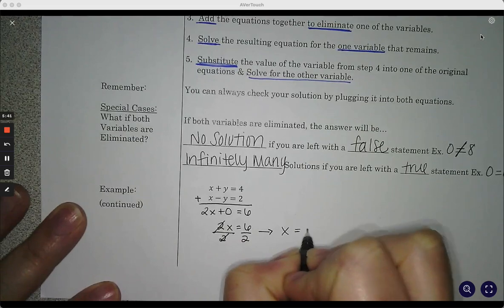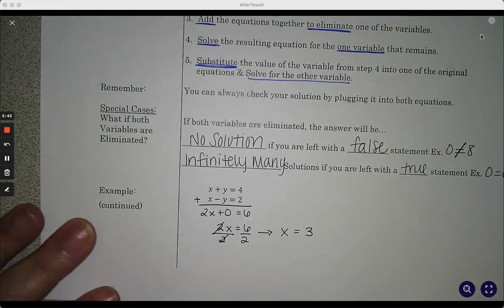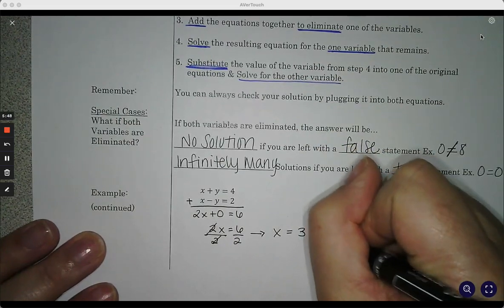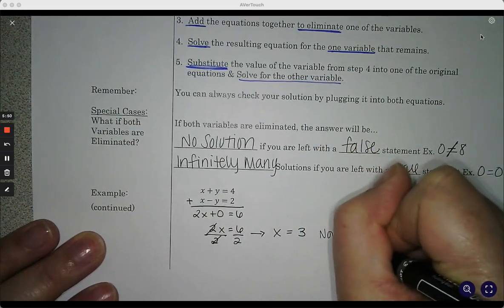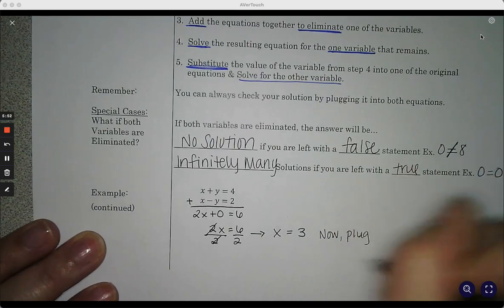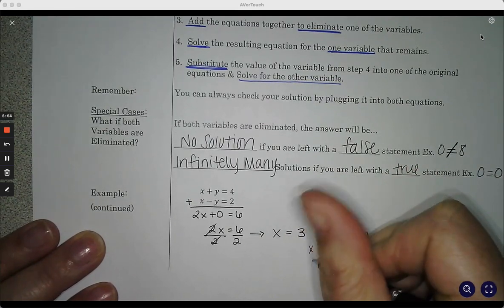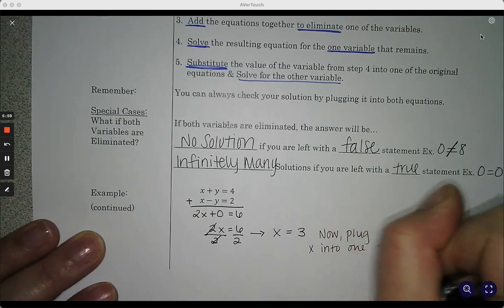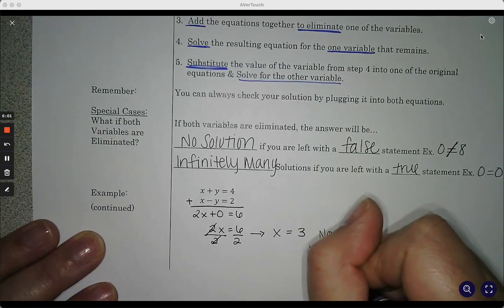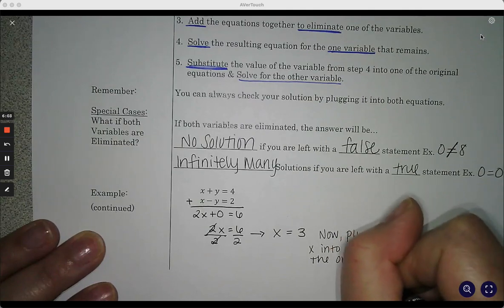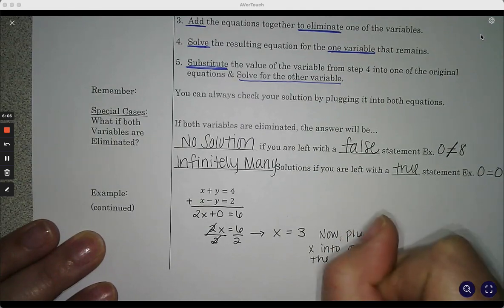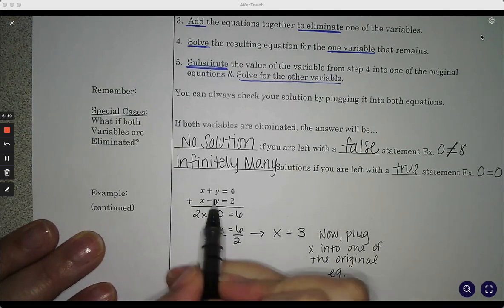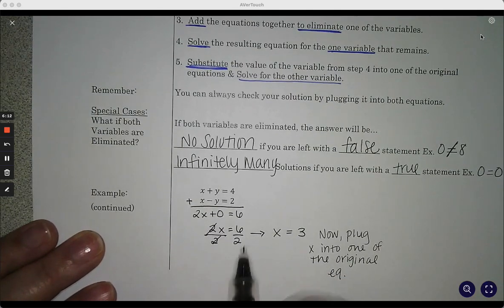So x equals 3. Okay, so now that we have this, now plug x into one of the original equations. Okay, so if I'm solving for y and I want to get y by itself, I'm probably going to